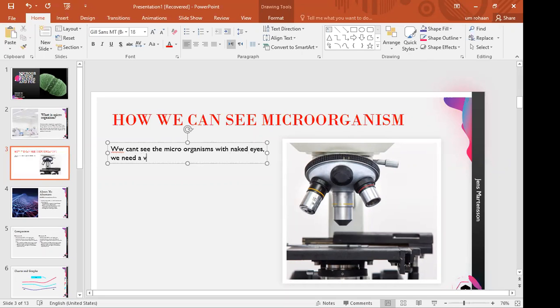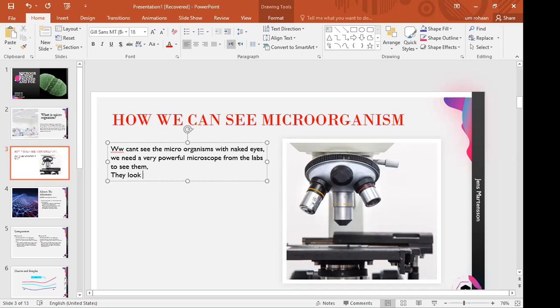We need a very powerful microscope from the lab to see them. How they look?